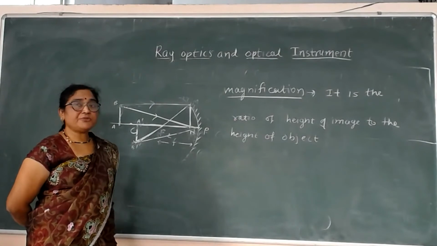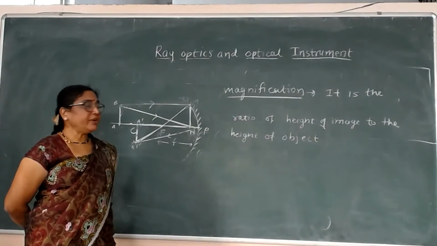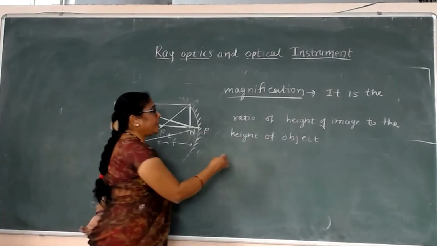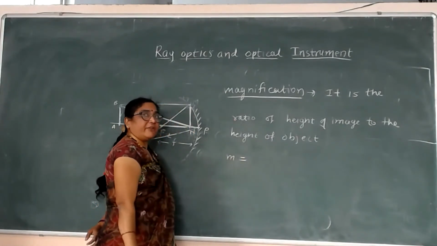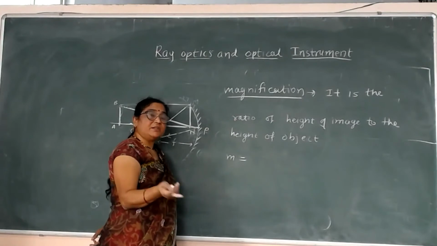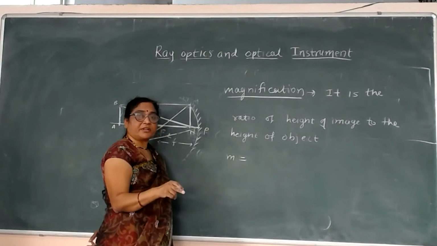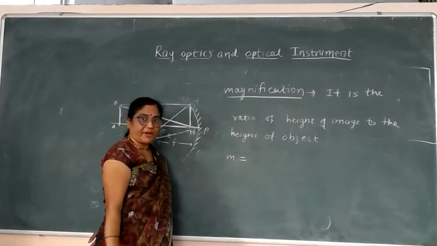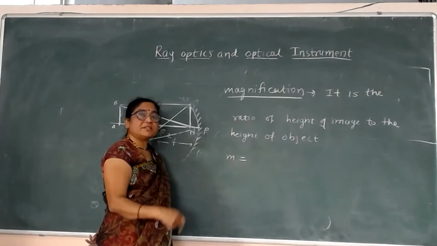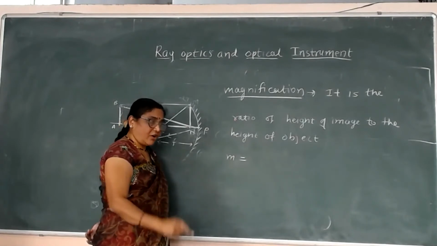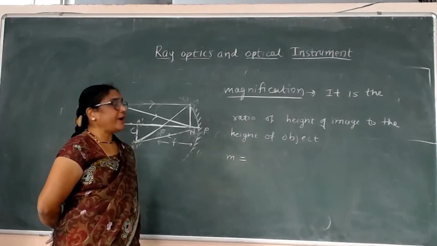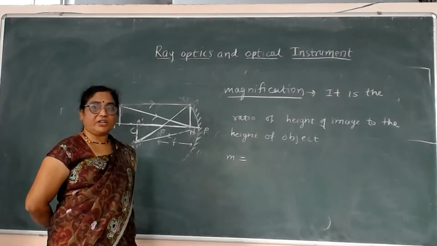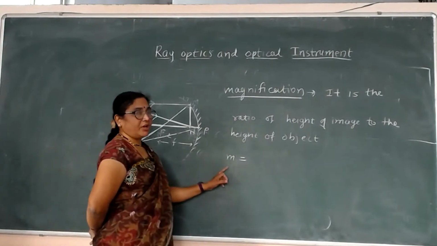So when the image formations are there, when we get the image, it changes. That is known as magnified. When the image height is more than the height of the object, that image is known as magnified. And when the height of the image is less than the height of the object, at that time that image is said to be diminished. So to find out whether the image is magnified or diminished, we use the formula